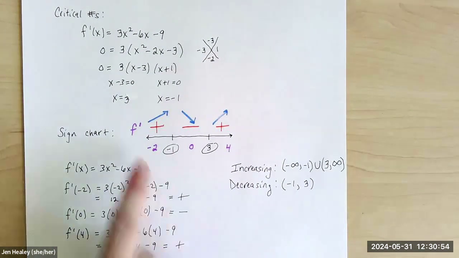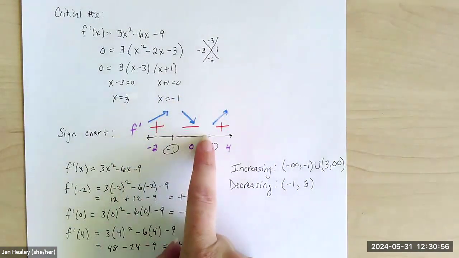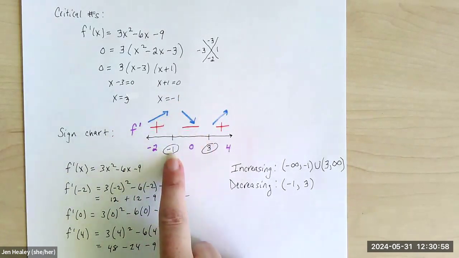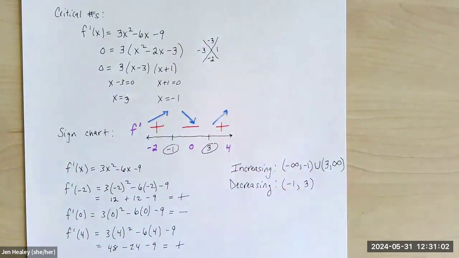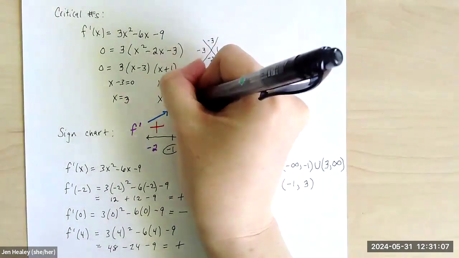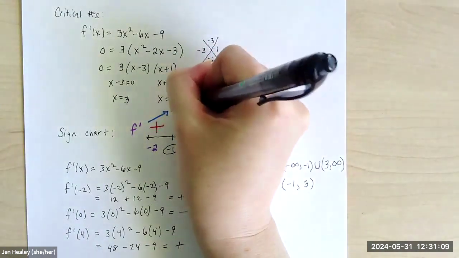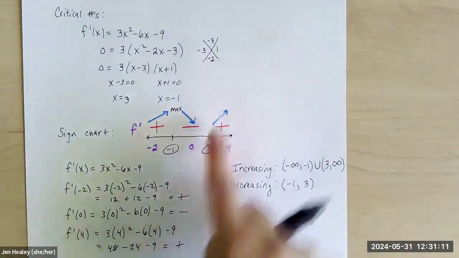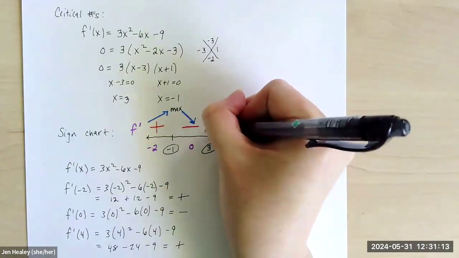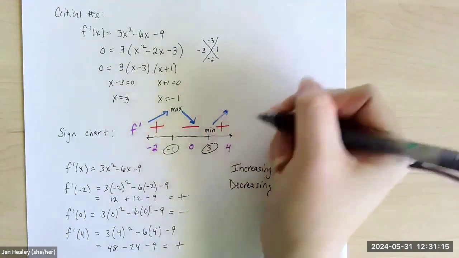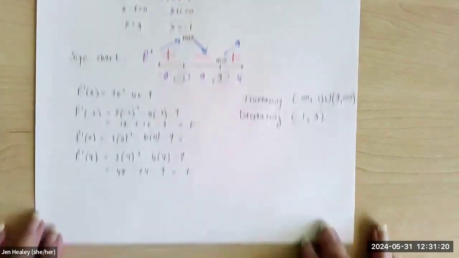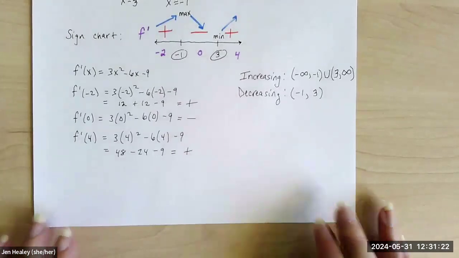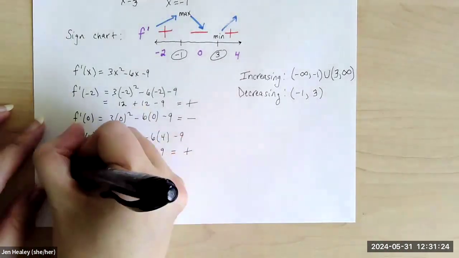Okay. So I went from increasing to decreasing right at -1. So if I went from increasing to decreasing, would I have a min or a max? There'd be a max up there, right? If we're going from increasing to decreasing, we got a max. And if we're going from decreasing to increasing, we'd have a min here. Okay. But when you go to actually give me those points, I need the x value and I need the y value. So when I want to give my extrema,